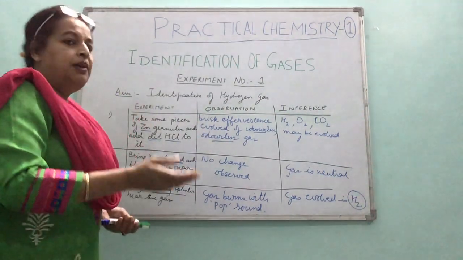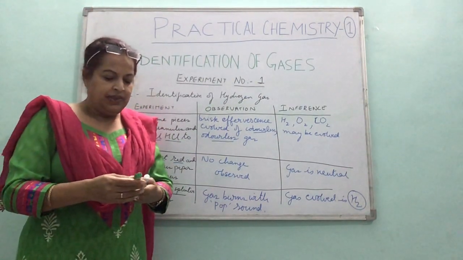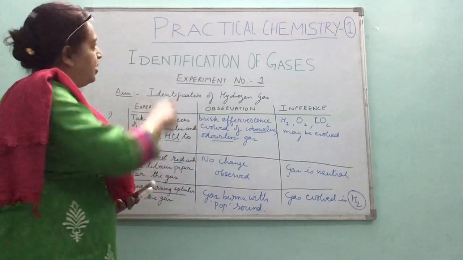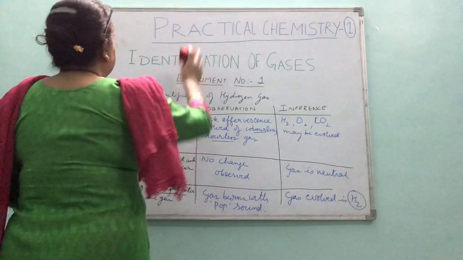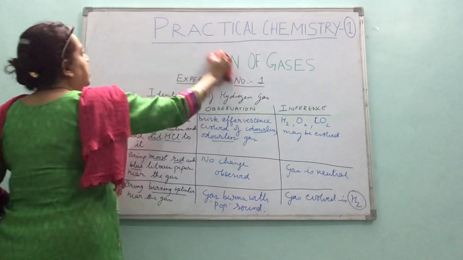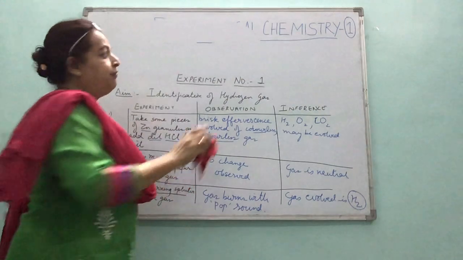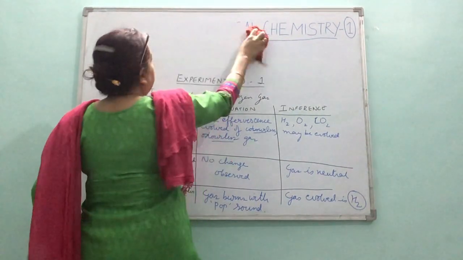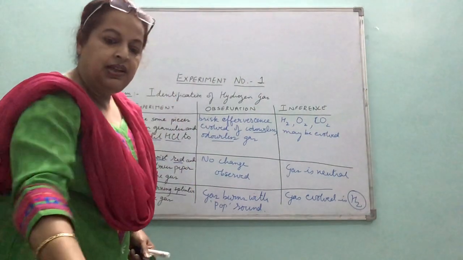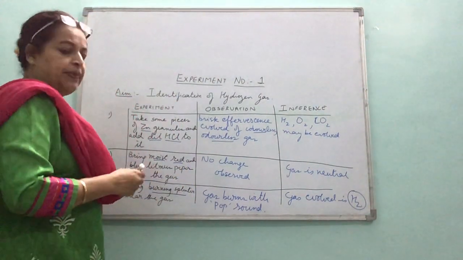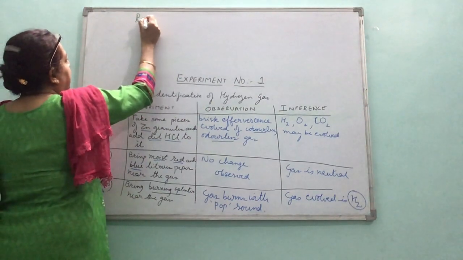Now on the plain side you have to write the reactions which are associated with it. Where will you write, children? On the plain side, don't forget. It really annoys me that after repeating so many times, children don't remember these things. So on the plain side, we'll write the reactions. So the heading would be Reactions.